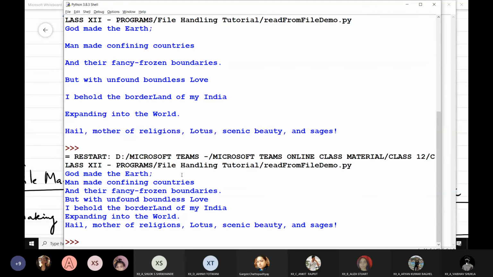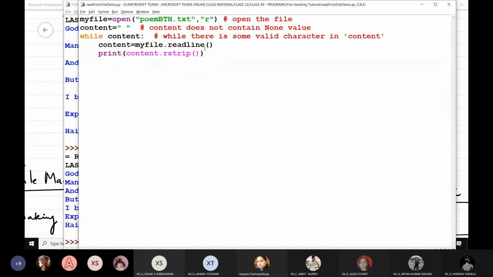Okay, so when I'm using rstrip, you might have studied these three functions in class 11: rstrip, lstrip, and strip. rstrip strips any trailing spaces or new line characters from a string. What are trailing spaces?